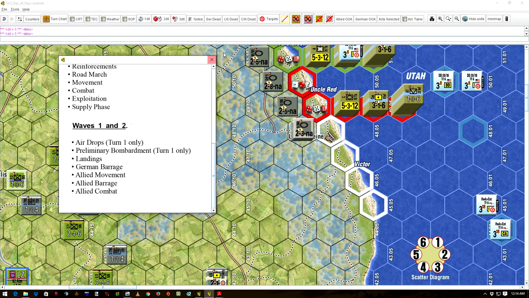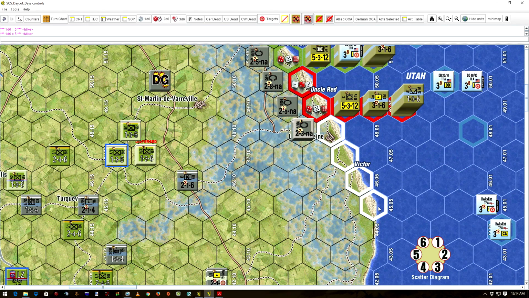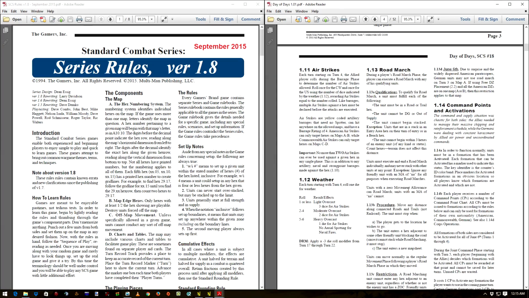So now we do the landings, and how you go about doing the landings is there's 3 different landing zones here at Utah. There's Tear Green, Uncle Red, and Victor. Both Tear Green and Uncle Red were the planned landing sites that the Allies were supposed to hit. What happened was they drifted a little bit south, and they actually historically landed down here at the Victor section of the beaches. So how you simulate that in the game is you just roll, it's another 50-50 chance you're either going to land up here where you originally planned, or you're going to land in the historical section. So we roll a dice, we rolled a 2, and we look at the rules here,